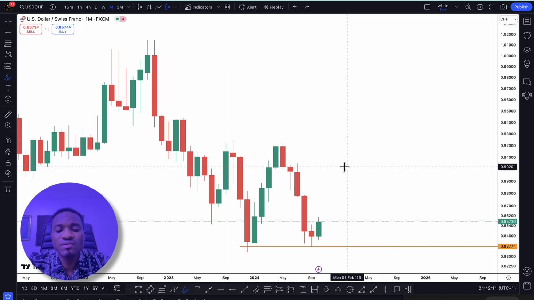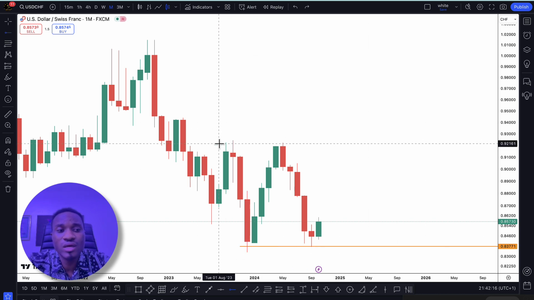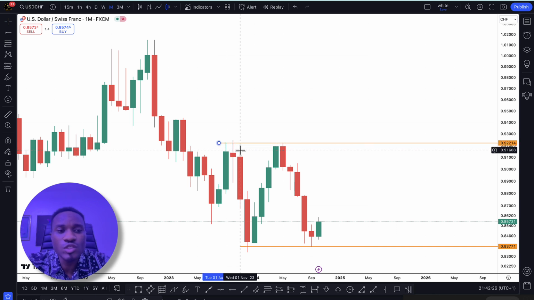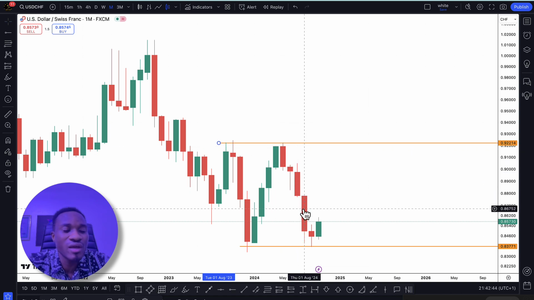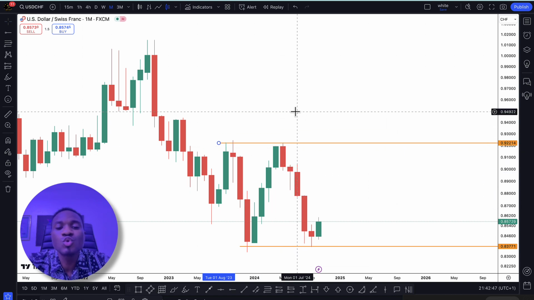Now, once I mark these key levels right here, I know that this is my support. And again, at the extremity, at the high, I have a key level resistance above. You can see that. This means price has been traveling within this range right from September 2023. Price has been bouncing through this range, and this is September 2024. So we have been traveling through this range for a year, and based on the law of trend